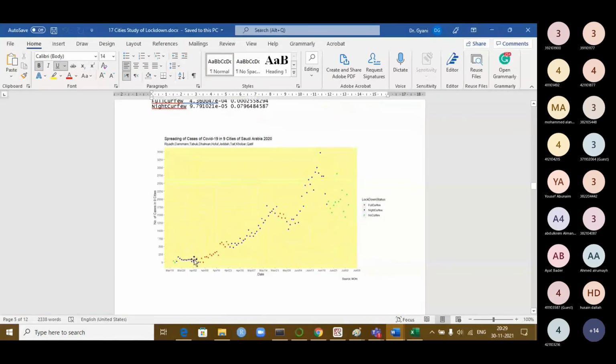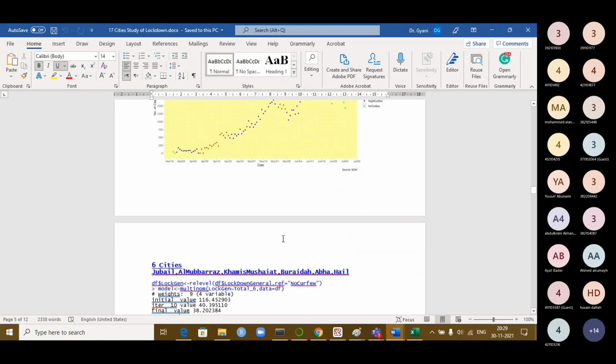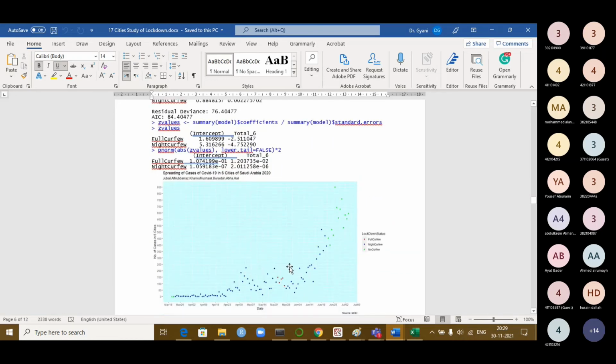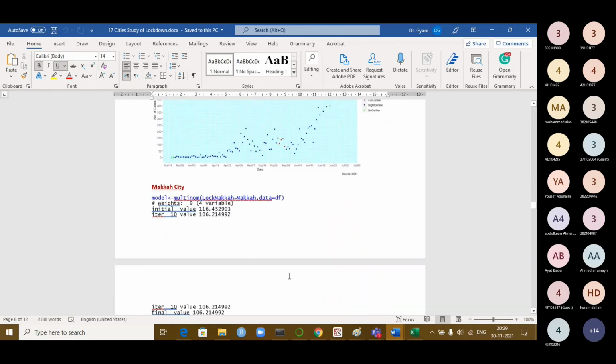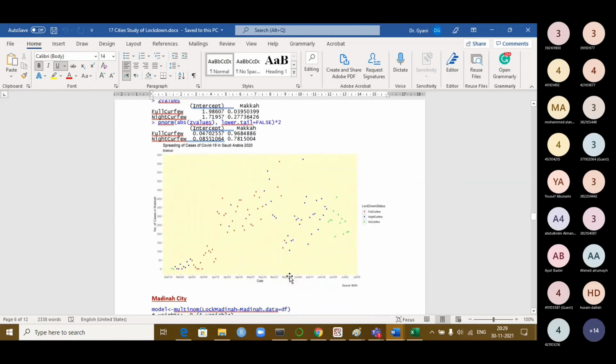So this shows how the cases were increasing. The number of cases in 9 cities over the time period from March 19 to June 9th of 2020, I think. It is March 19, yes. This is how the progress looks region wise, like a hue. Full curfew and night lockdown status are identified in different regions based on this. Here you can see how the cases vary in different regions.